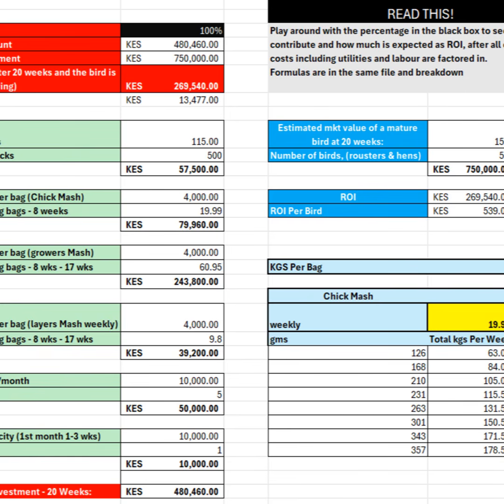So if I divide this by the 20 weeks that I have been catering for these chicks to become fully mature, it means on a weekly basis, I was making 13,000 Kenya shillings. So on a monthly basis, I was making around 46,000 Kenya shillings. Remember when we were talking about factors such as labor, when we were talking about the cost of electricity, that 46,000 Kenya shillings at that point in time, theoretically, continues to help run your farm so that you can restock and you can build further.